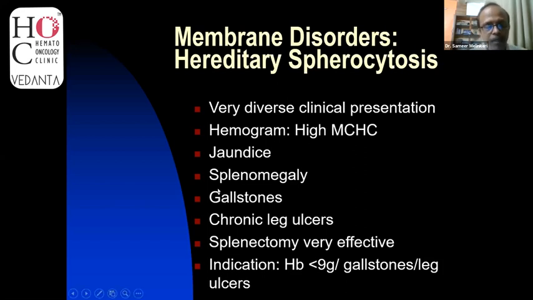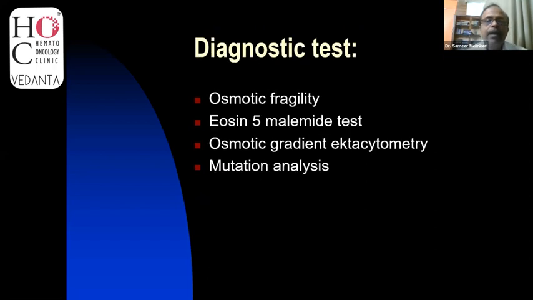Patients will have jaundice, they'll have a splenomegaly, they may have gallstones. Chronic leg ulcers is another common feature of these anemias. And splenectomy is very effective in curing these patients, but you do the splenectomy only if a patient has significant anemia or recurrent gallstones or leg ulcers, in which case, once you do the splenectomy, these patients' hemoglobin will be normal. The diagnostic test is an osmotic fragility, which we can commonly perform, but a more sophisticated test when the